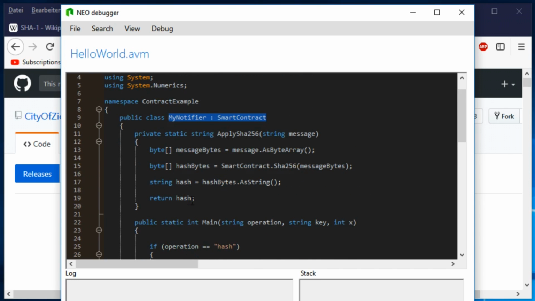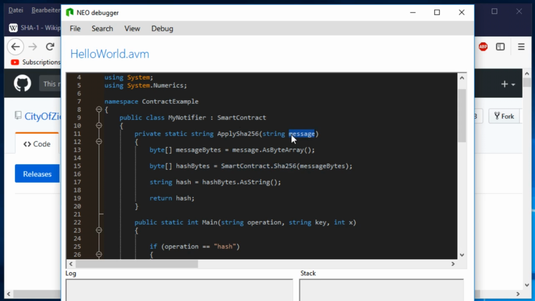And what I just did here is add one function before the main function. I will shortly go through this function. It's really just a wrapper for the SHA operation that we just saw at the beginning of this video in the website. So this is a function. I called it apply SHA 265. It takes a string as an input. It returns a string as an output. And what it really does is it just applies this SHA 265 function that is part of this smart contract instance, and the rest is really a